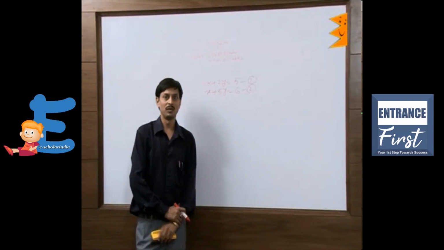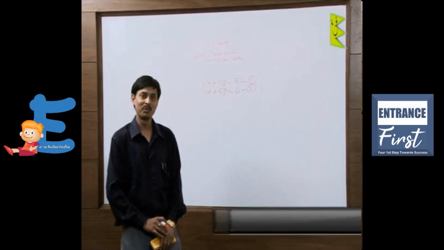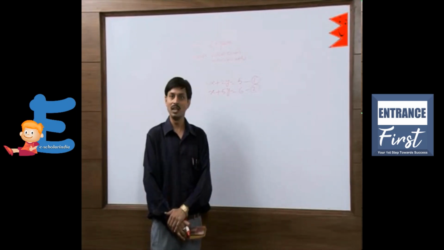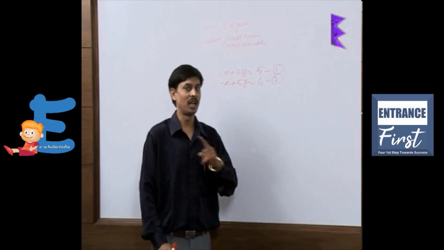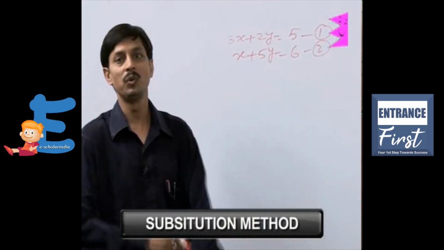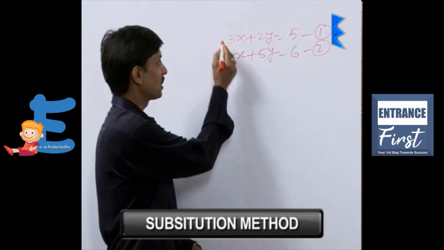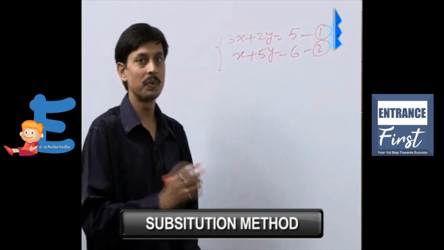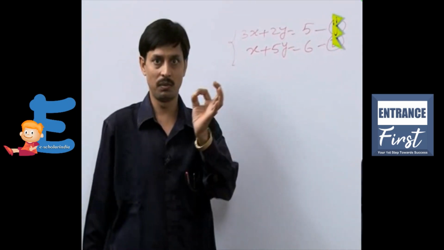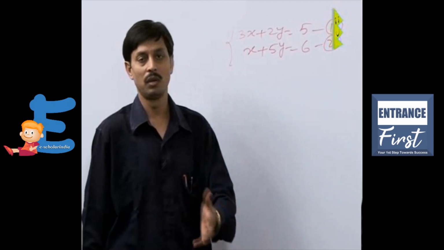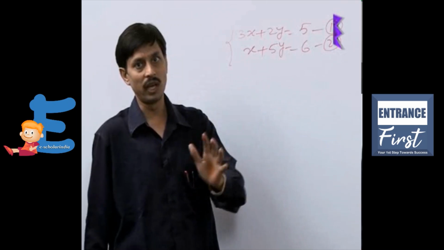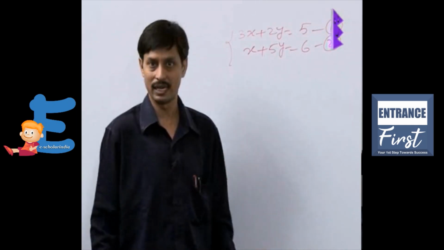Now we would like to solve the same question with a different method. One method, graphical, has been discussed, and the second, elimination, has been discussed. I am taking the same question with a different method, which is named the substitution method. To discuss this question with the substitution method, what is the approach? Either from equation number 1 or from equation number 2, we choose the value of x in terms of y or the value of y in terms of x.